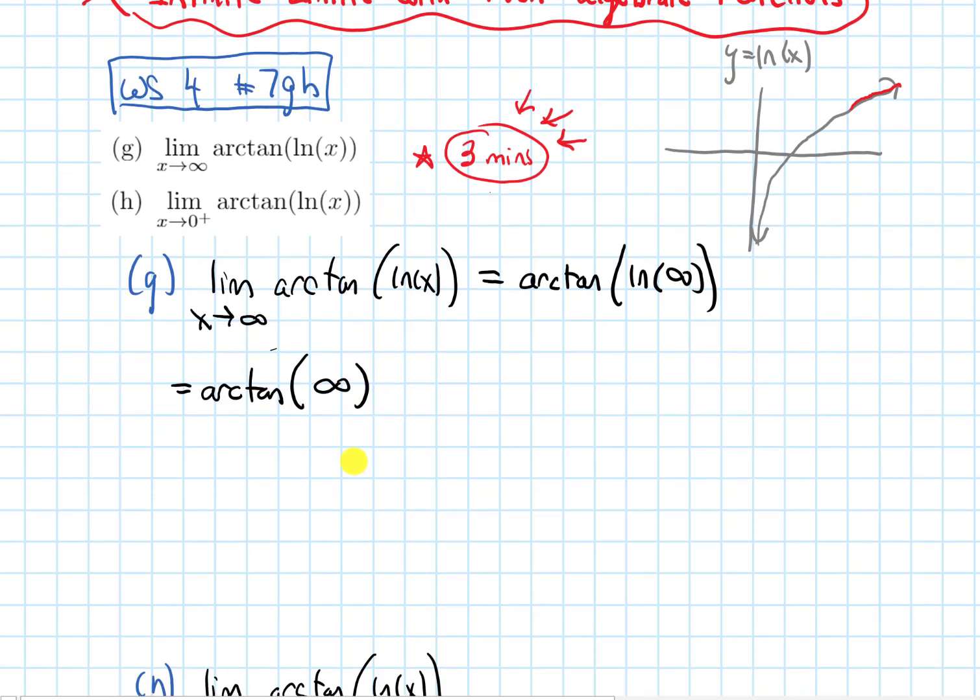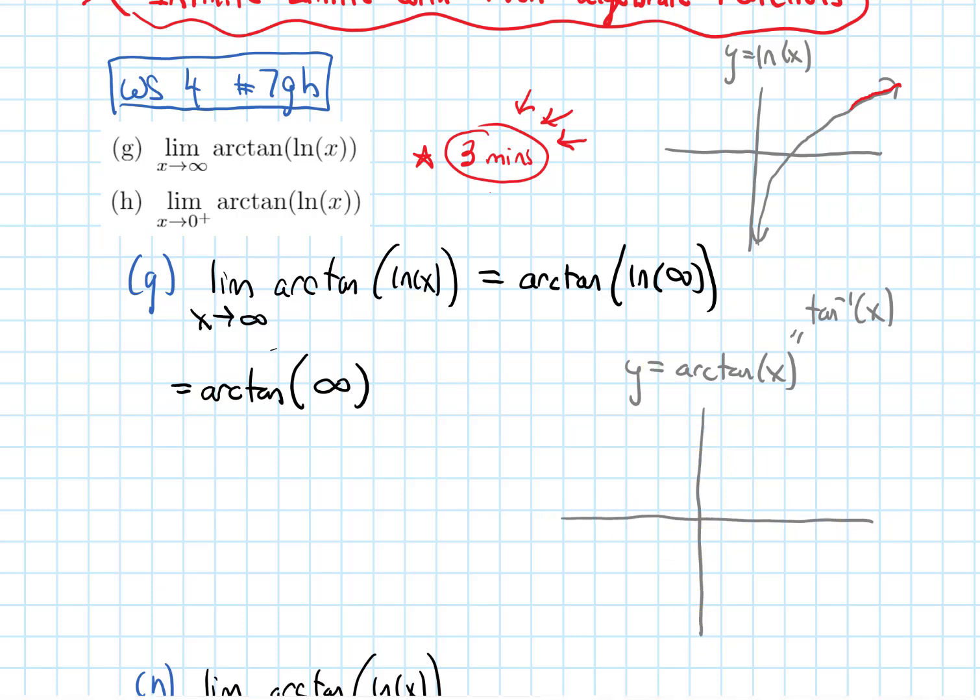So we have to recall the arctan graph. So y equals arctan of x. Remember, arctan is just another way of saying tangent inverse. Let me draw my axes. This graph has two horizontal asymptotes, one at positive pi over 2 and one at negative pi over 2. So let's draw those in. And then the graph has this shape. It goes close to that asymptote, sort of snakes up,